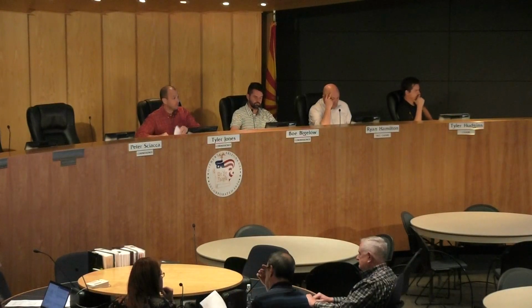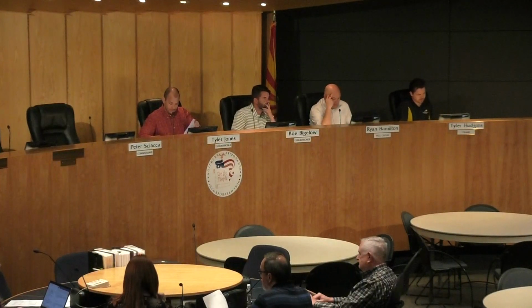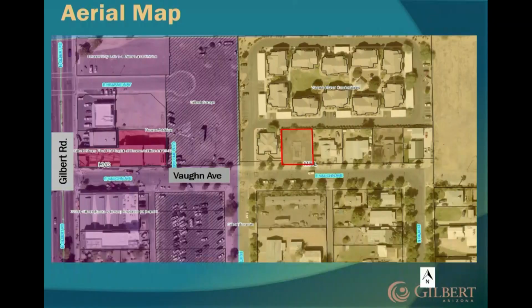Thank you, Chairman and Commission members. Ashley McDonald with the Planning Department, here to talk about the Scott Residence. This is a duplex in the downtown. As you can see on the aerial map here, this is located on the north side of Vaughn Street, east of Gilbert Road, Elm Street in this location. Oh, you can't see my... Okay. Elm Street is located to the west, and then